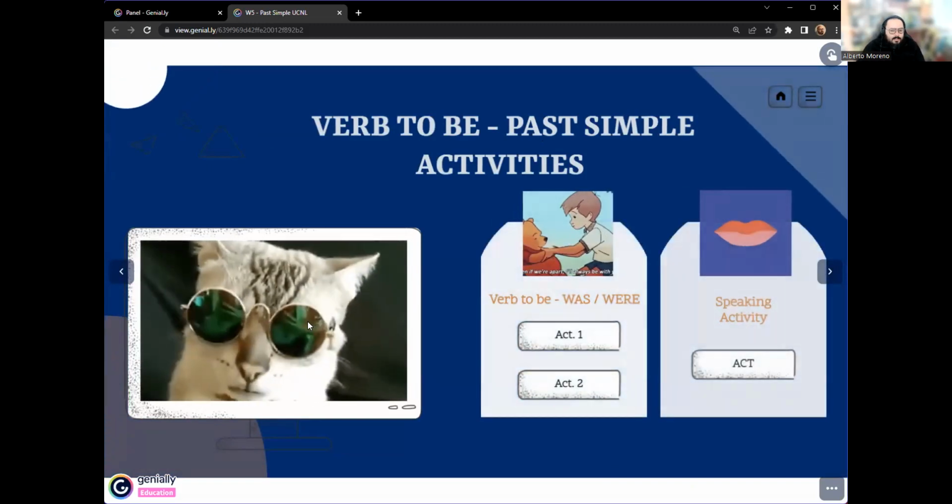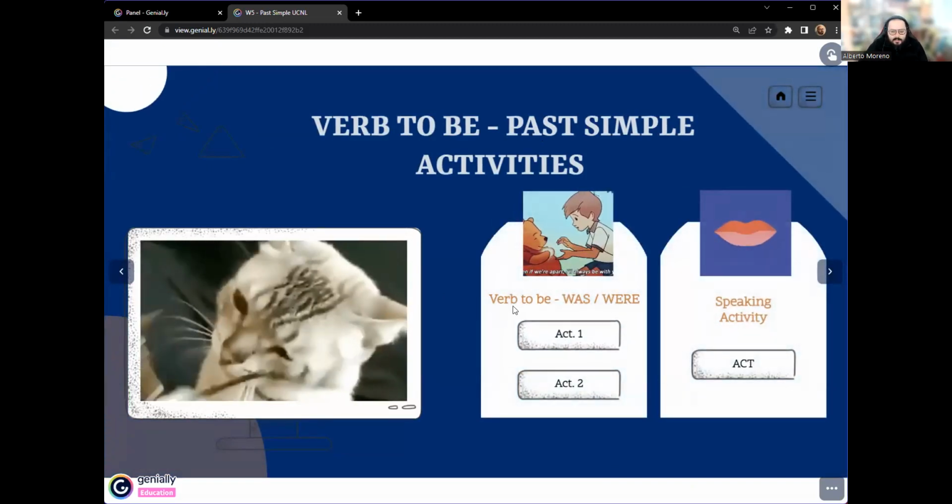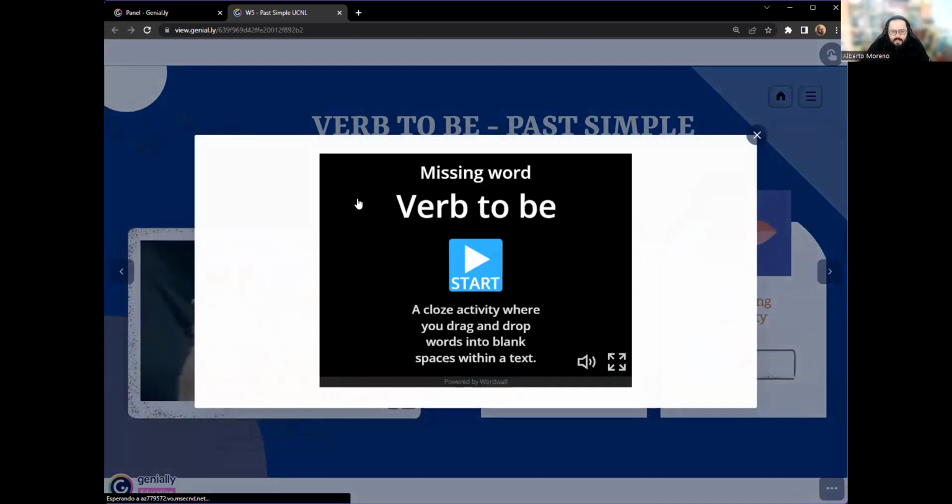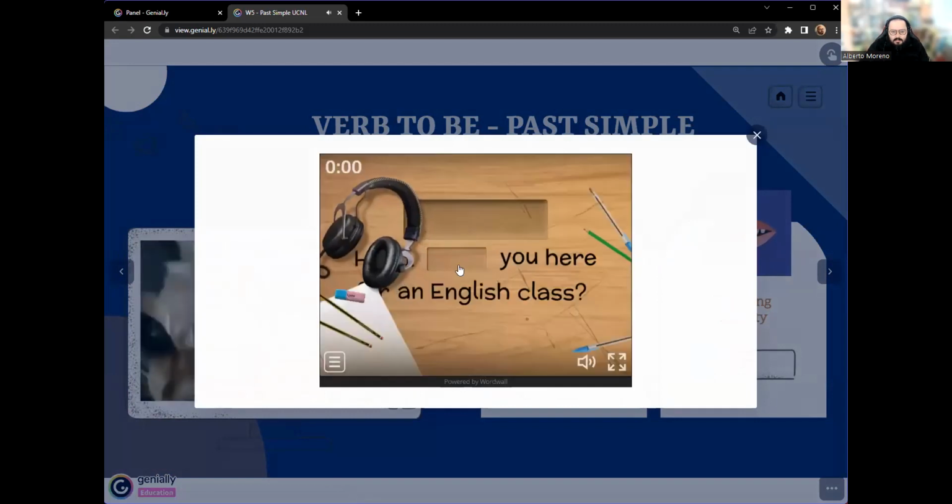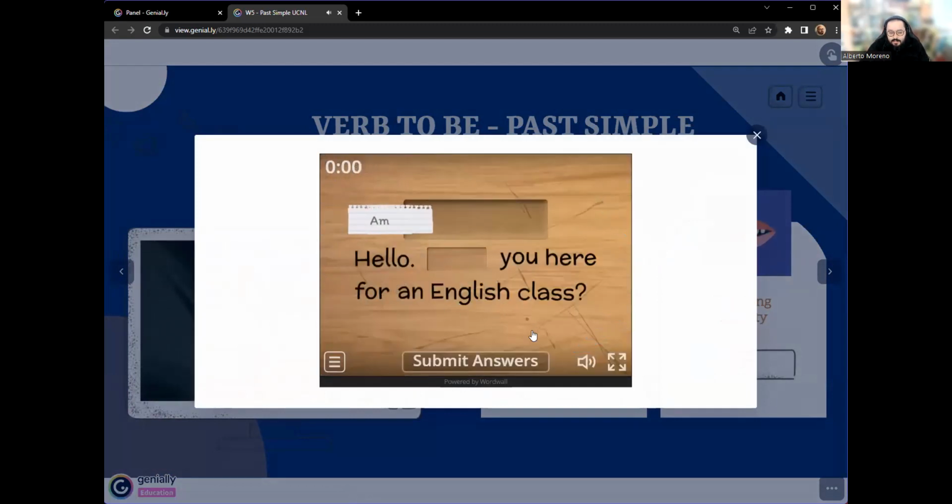Ok, bueno, vamos a hacer una actividad. Let's do the first activity. So in this activity, you have to choose the right answer. And in here we have two conjugations of the verb to be. This is a review for the present tense either. En esta actividad tenemos que escoger el verb to be que corresponda. También al repaso del presente simple. Entonces tenemos aquí hello. ¿Cuál quedaría en esta?